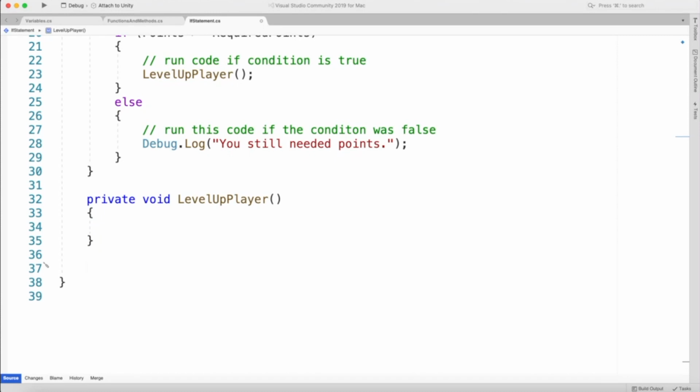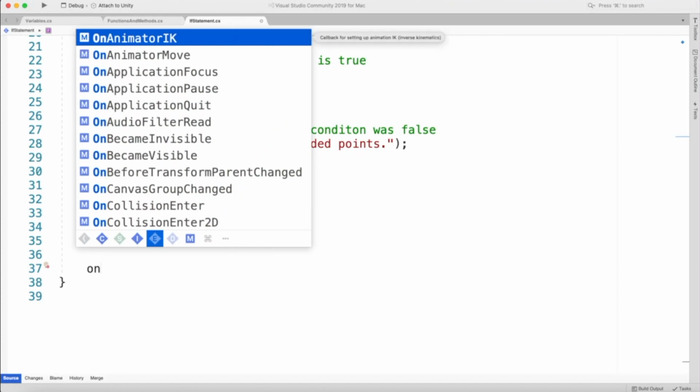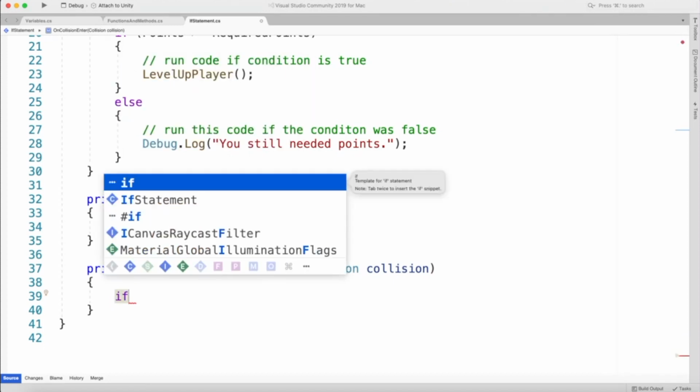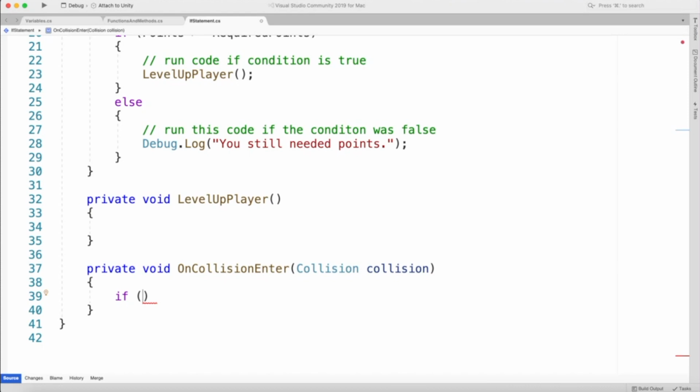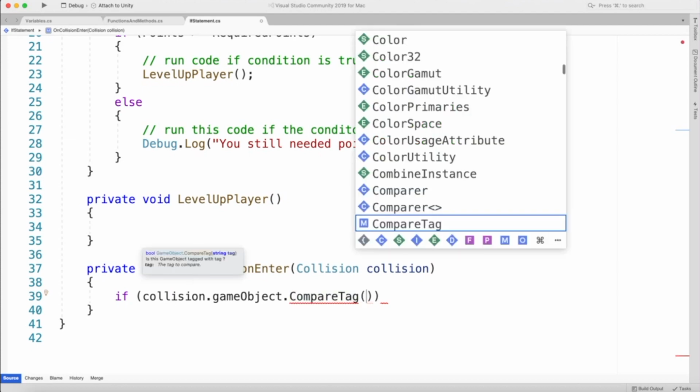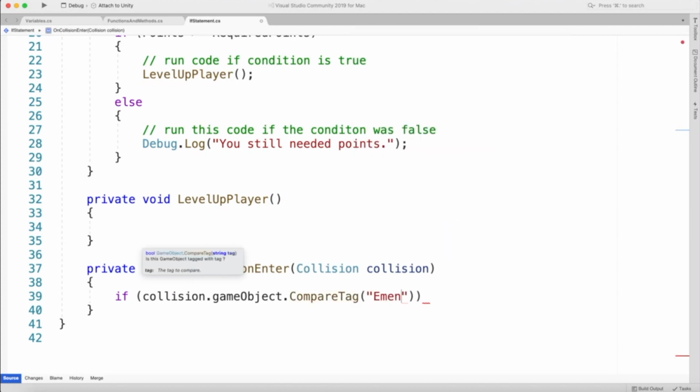And sometimes this happens with OnCollisionEnter. So I'm going to create an OnCollisionEnter. And inside here, usually we have where we're checking a specific collision on a specific tag. So if I say if, and then I'm going to check for the collision. This collision here is the local parameter of the object that this object ran into. So this condition, and let's say the game object, and then I'm going to compare the tag on this. And if that tag is enemy,